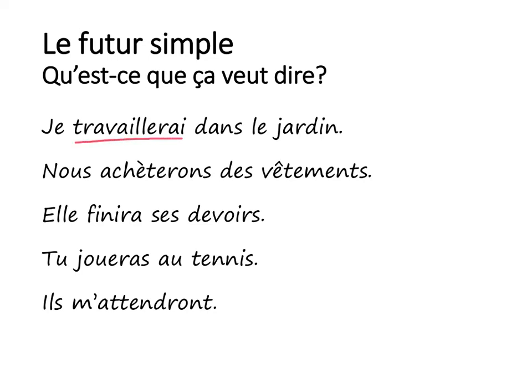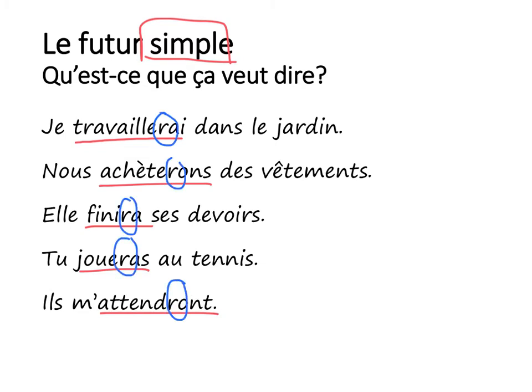So it's just one verb with endings on at the end. Okay? So unlike the futur proche, there are two bits. So here, the reason it's called simple is because there's only one bit to the verb. Now notice what all of these verbs have in common. They all have an R in them. Okay? Remember the future stem always has an R in it. If you haven't got an R, you've formed the futur simple wrong.